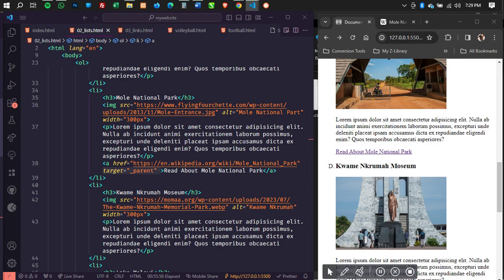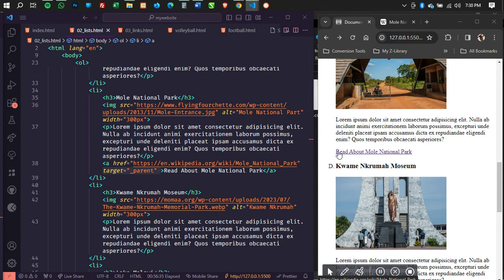Good evening, sir. Please, is it compulsory to include a target in the anchor reference? No, it's not compulsory. If you want the link to open in a new tab, then you have to include the target attribute, and the value you give it should be blank.